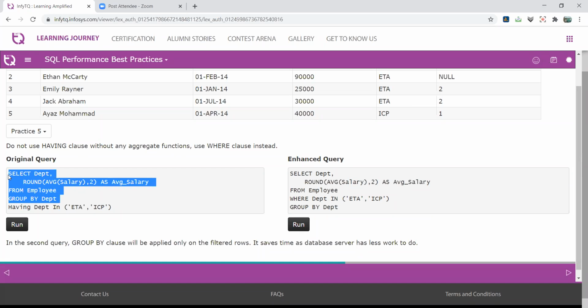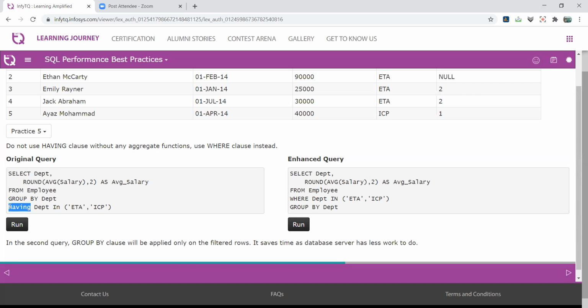Okay. Now this part. But in this query, the silly mistake is that it's not a mistake, but it's a silly kind of bug. We can say bugs. This query produces the output definitely, and this query also produces the output. But from the complexity point of view, this query takes maximum time. This query takes minimum time. Okay. Now in this part, we check HAVING department IN. Now, HAVING is used from the aggregate point of view. If you want to check the average salary condition, then you use the HAVING clause.